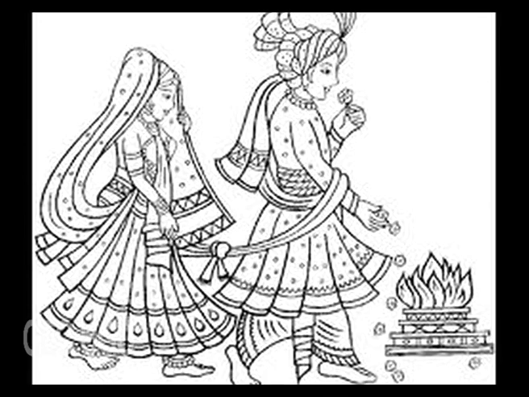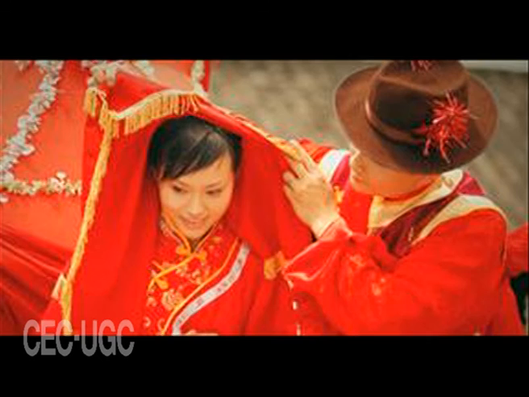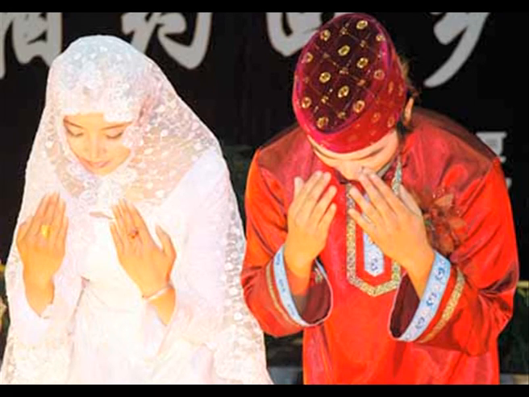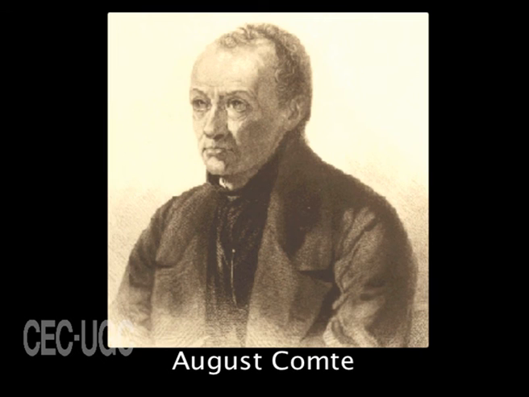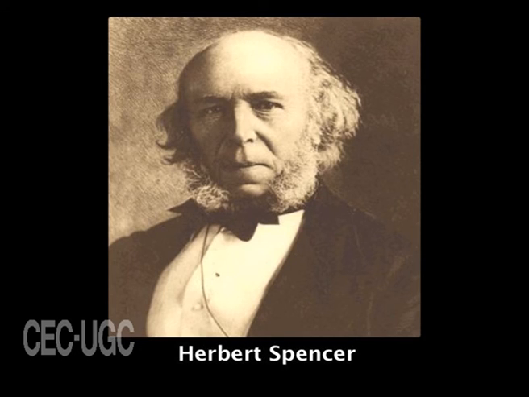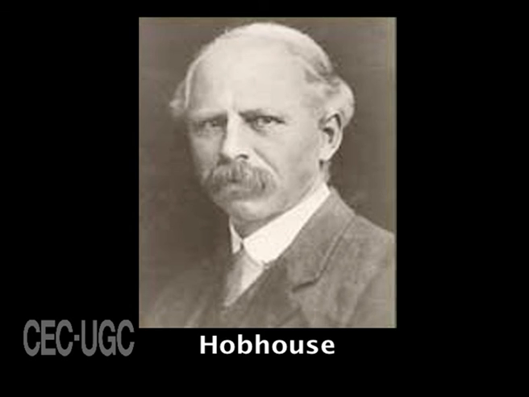The historical method is primarily concerned with the origin and development of social institutions and cultural forms, and the progress of their evolution is charted. The historical method studies a particular institution in the background of entire human history. Auguste Comte, Herbert Spencer, and Hobhouse studied the main social institutions in the light of and in connection with other institutions. The entire human history formed a background in their studies.